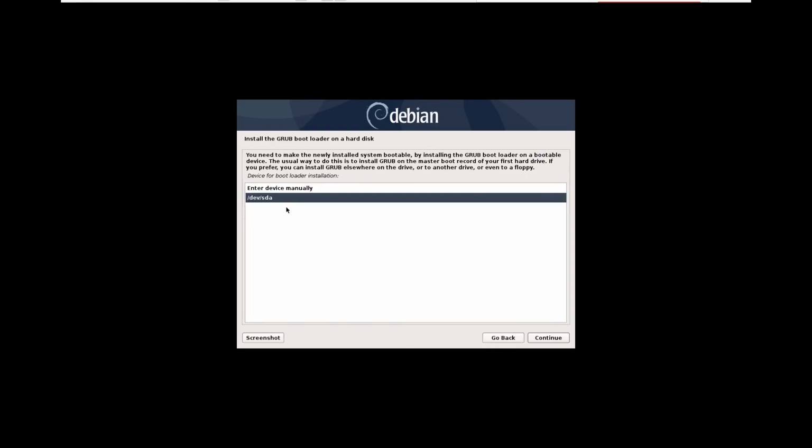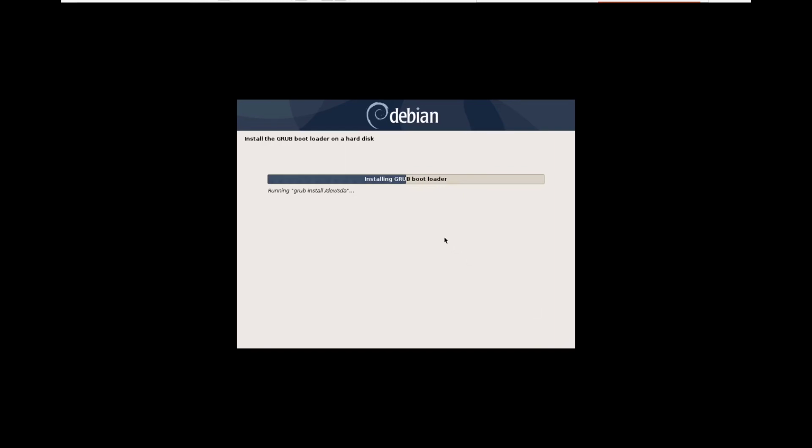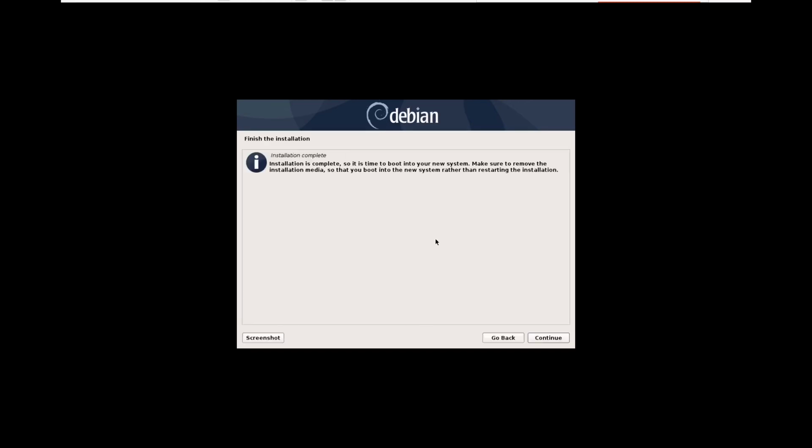So now it's installing the GRUB loader. GRUB stands for Grand Unified Bootloader, which fetches the kernel from the master boot record into our RAM. After the GRUB installation you can continue this process.